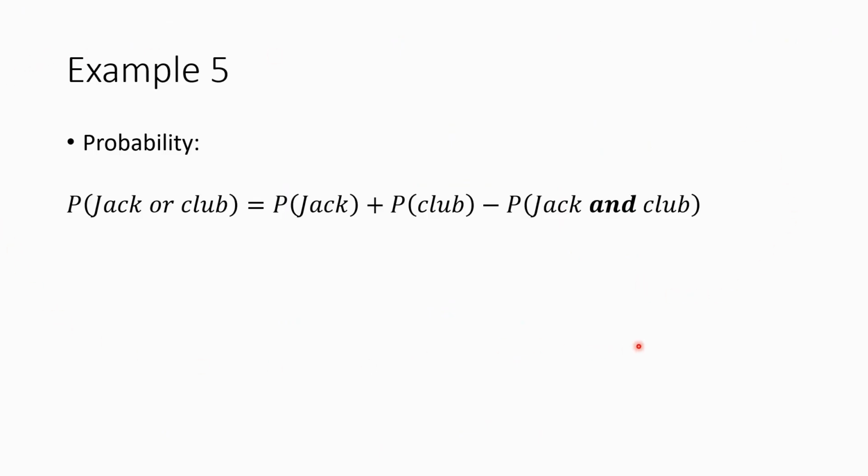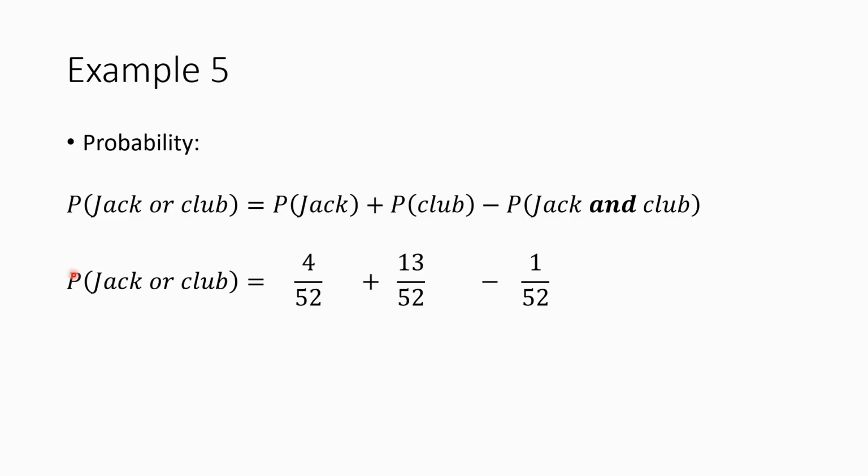So now I can use the general addition rule, which is so named because you can always use it whether your events are disjoint or not. And we'll talk about that more in a minute. So the probability of drawing a jack or club is equivalent to the probability of drawing a jack plus the probability of drawing a club, and then we need to subtract off any card we might double count. So we need to subtract off that probability of drawing a card that's both a jack and a club